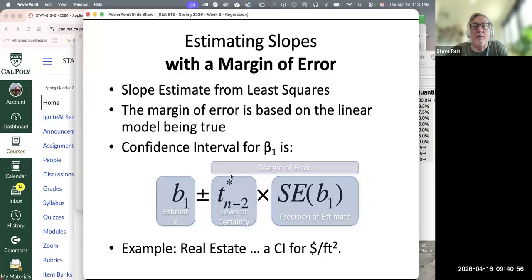95% confidence balances out nicely the width of the confidence interval with how certain you want to be of being right. If you want to be less than 90% certain of being right, you can narrow your confidence interval, which is good, but you have a lower rate of success. Or if you want a 99% level of confidence, again, that's fine for you, but it's going to give you a wider confidence interval. Statisticians and the folks that we work with over the years have developed 95% as the typical level of confidence,